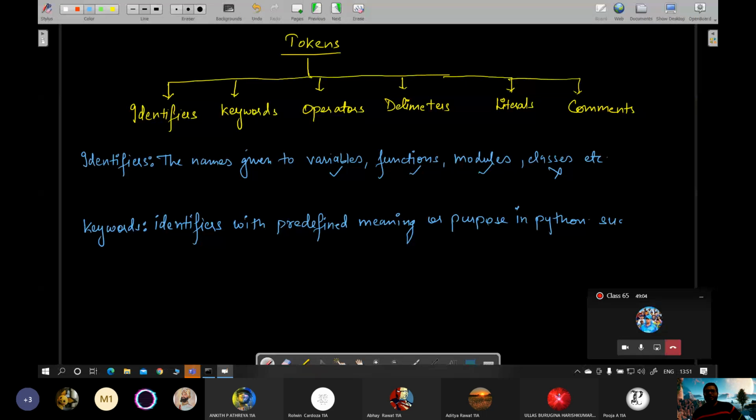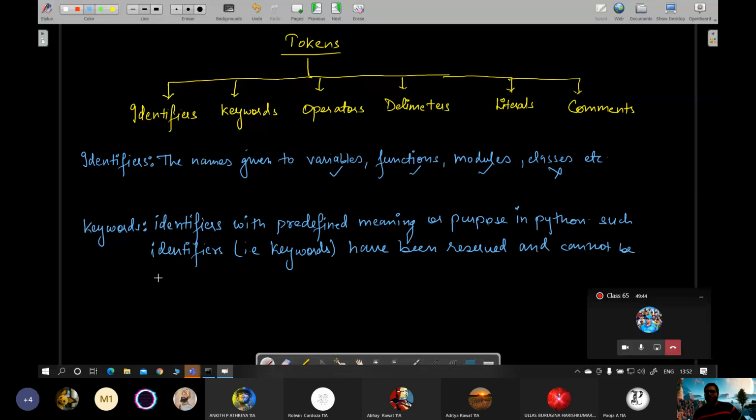Such identifiers, that is keywords, for which the meaning has already been defined in Python, have been reserved and cannot be used. So what is the difference between